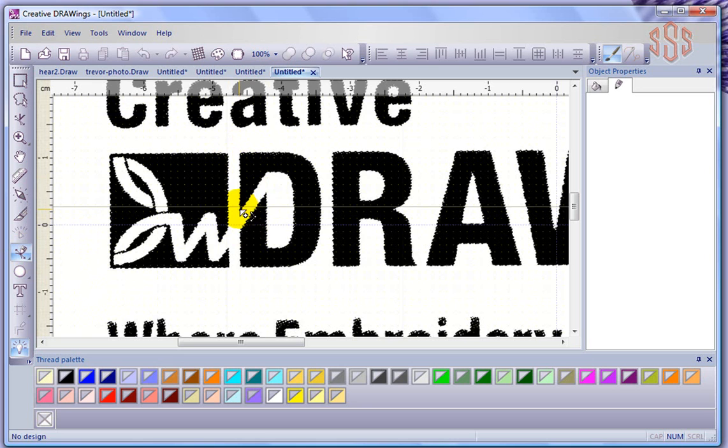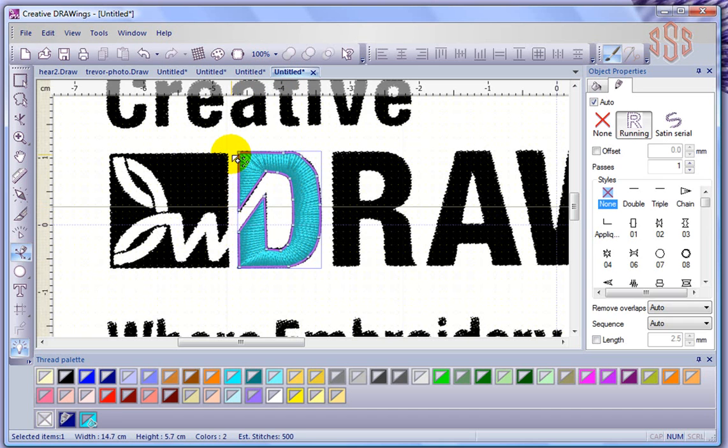So I'm going to start right here, click, and come up to the corner, click, come over here, click. Now I want to get a curve, so I'm going to click and drag, and click and drag, and click and drag, and you just basically draw the shape that you want. You click and drag when you want a curve, you just click when you want it to be straight, and so click and drag to get those curves in there. And when I finish clicking on this place where I started, it automatically fills it in,